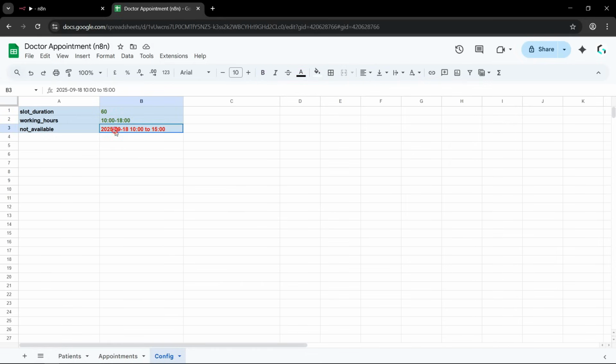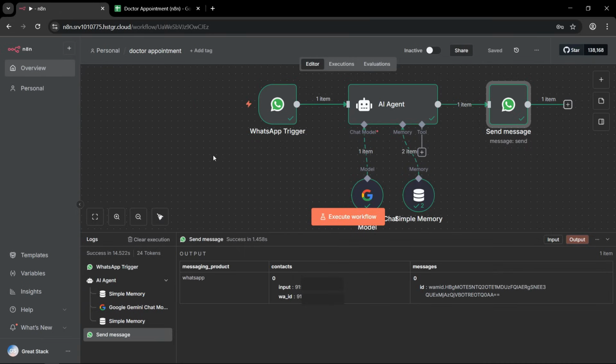So here we have mentioned one date and time like this. We can also add another date and time in this row. We can update the date like this, 20, and provide the time range. So the slot will be unavailable for this date and time. So once you make the copy of this Google Sheet, let's just come back to the workflow, and here we